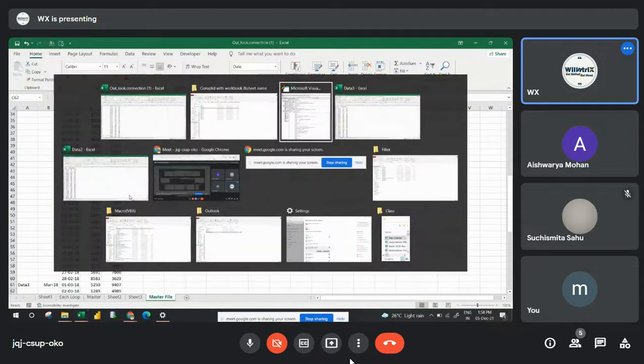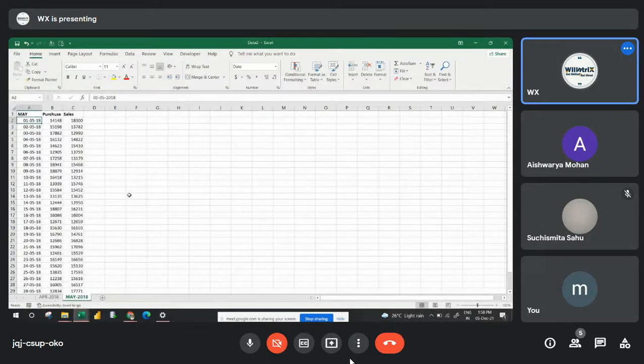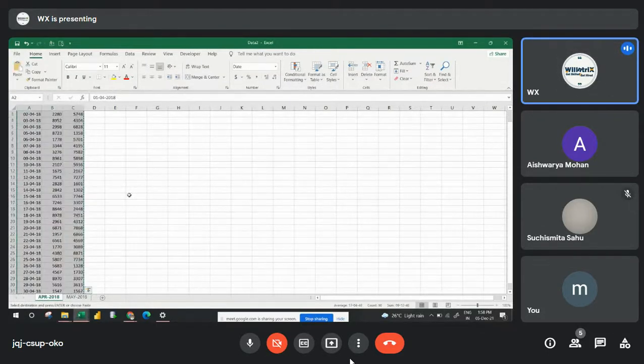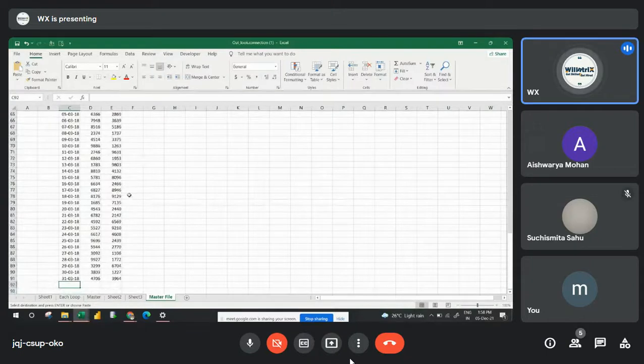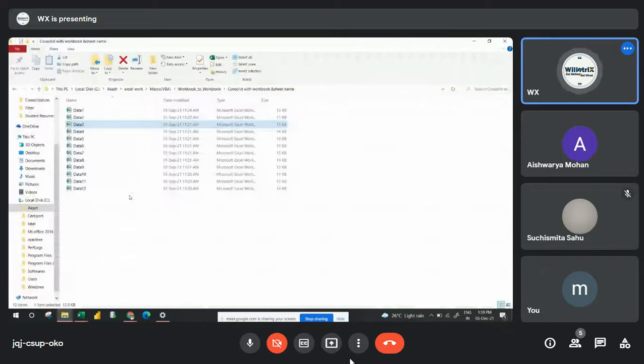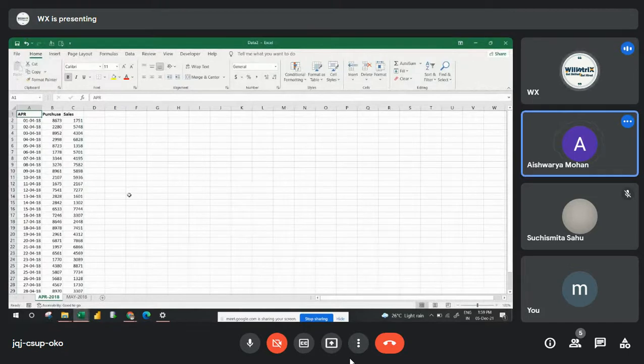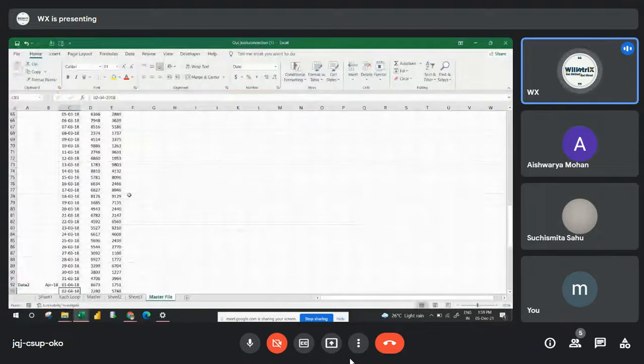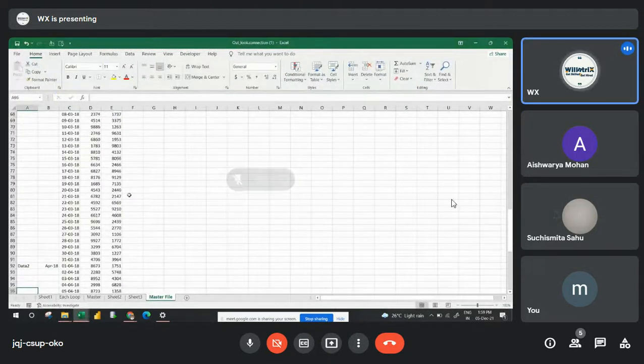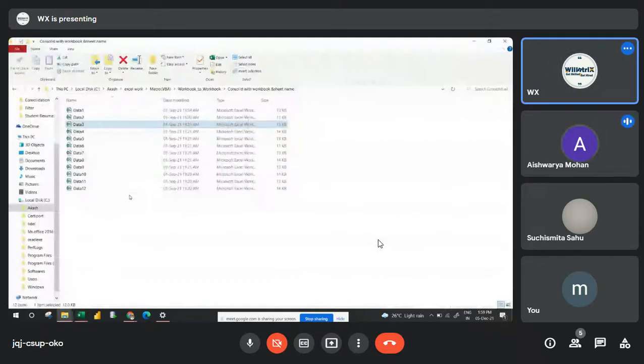Again, open the Data 2 workbook, first activate the worksheet, copy this data and paste it below here. Then this is from Data 2, April 18. It should get the data from all the workbooks, all 12 workbooks. You have to do the same thing. Understood the requirement? Yes. You have to try this. This is called a project. Is the question understood? Yes. Okay.